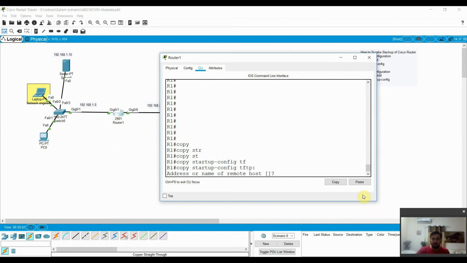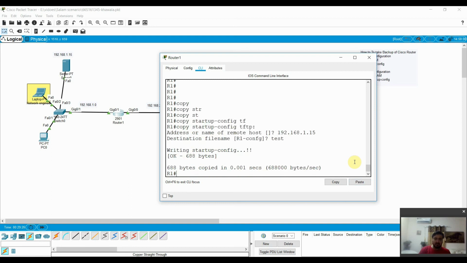Now this is the IP address. You need to type the IP address 192.168.1.15. Again we type our destination file name. It's up to you, you can give any name. I will give test.